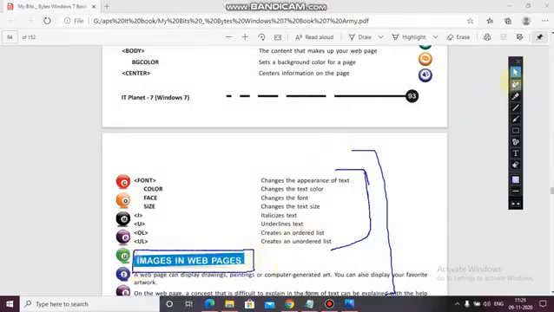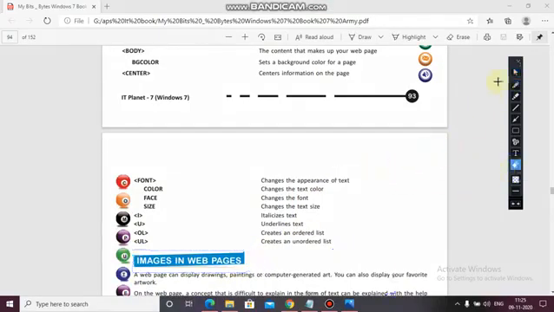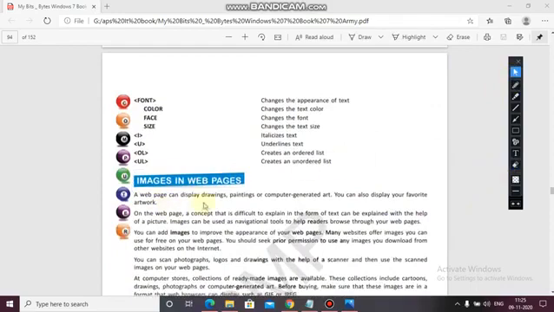Images in web page. A web page can display drawings, paintings, computer generated art. You can also display your favorite artwork.